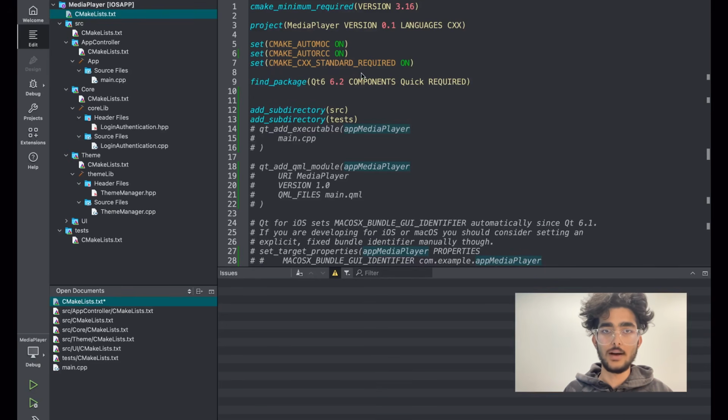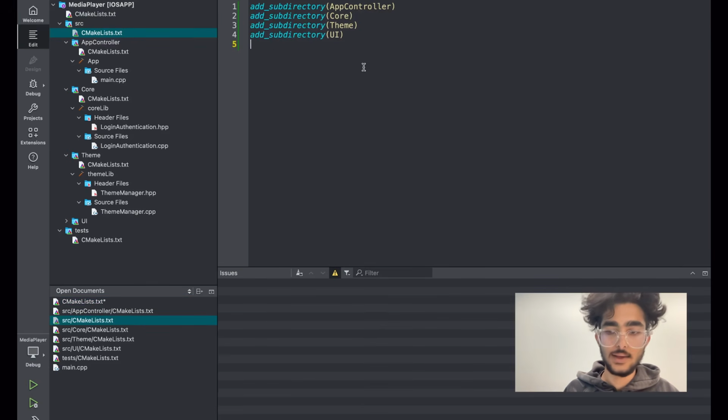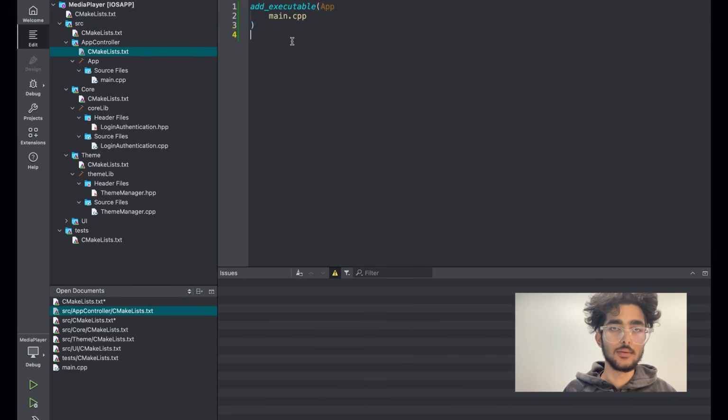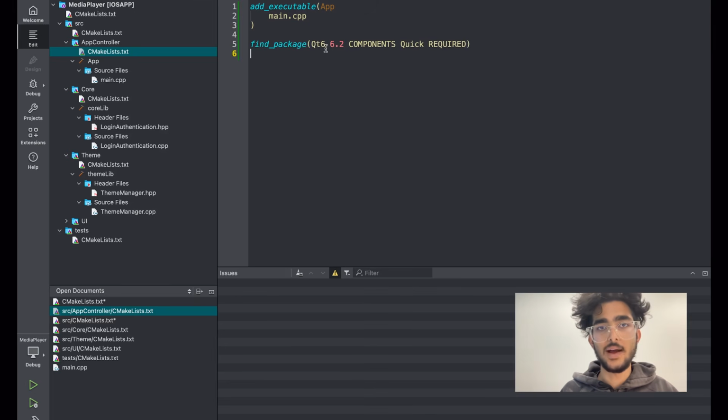Oh, here, find package. It says like Qt. I don't even need it here. Well, I do need it here, but I'll just copy this thing and have it inside our find package qt6 component q quick required. If I run,